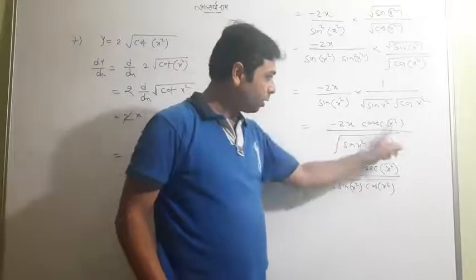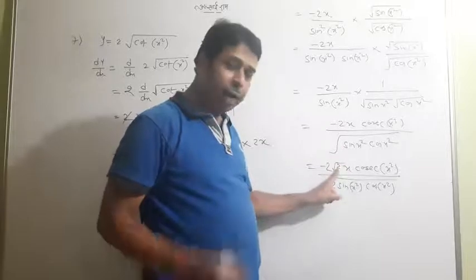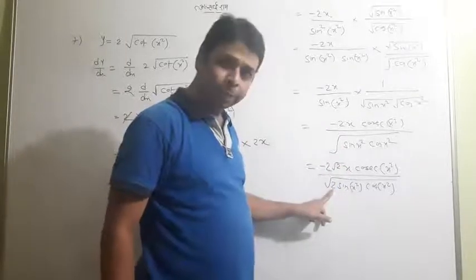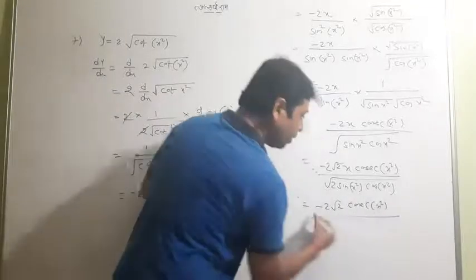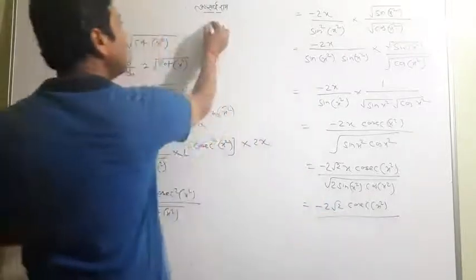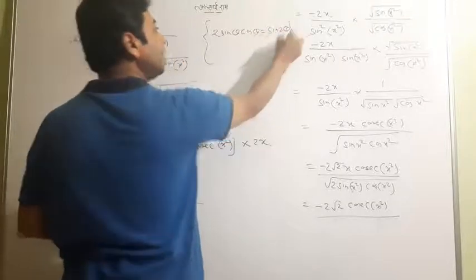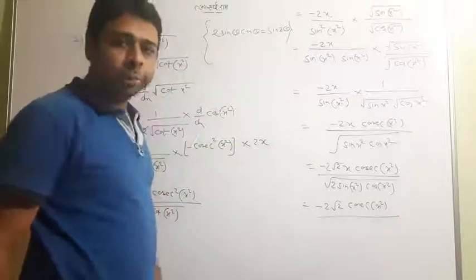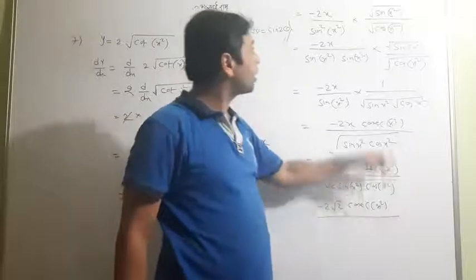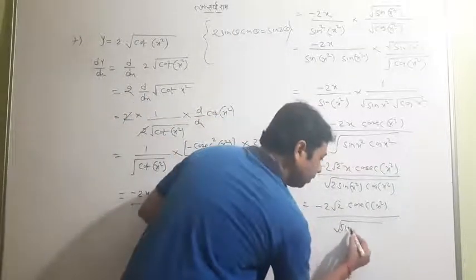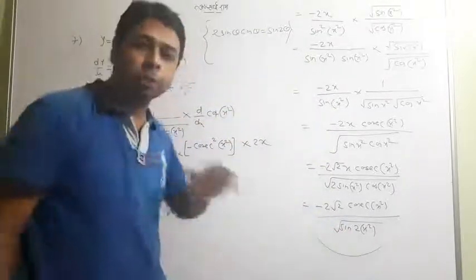It was under root. I created 2 here. So how will it be? I multiplied and divided by under root 2. Under root 2 upside, under root 2 downside. And for that we have a profit to catch. This is 2 sine a cos a. Remember the law? 2 sine theta cos theta is equal to sine 2 theta. That is nothing new. In class 11th you read it in trigonometry. Sine 2 theta equals 2 sine theta cos theta. So it will be sine 2 and theta is your x square. So whatever you are having, this is the same answer which was in the book.